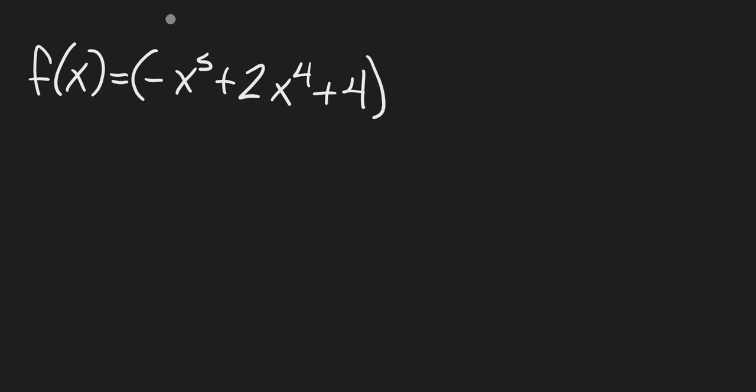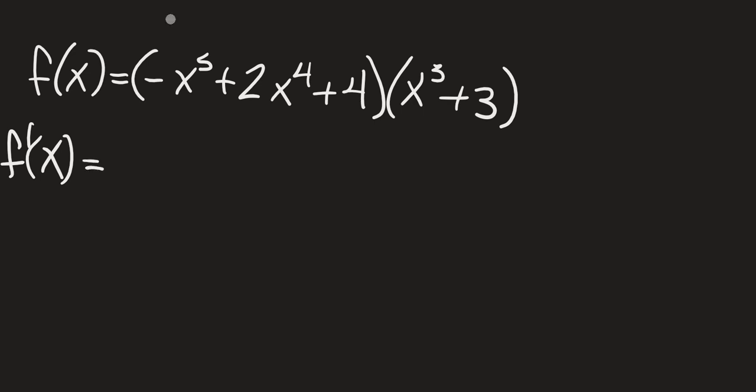The next function we have is f of x equals negative x to the fifth plus 2x to the fourth plus 4 times x to the third plus 3. When we take the derivative of this, we're going to take the derivative of the first parenthesis. That's going to be negative 5x to the fourth plus 8x to the third. Remember that the 4 disappears, times the original of the second,